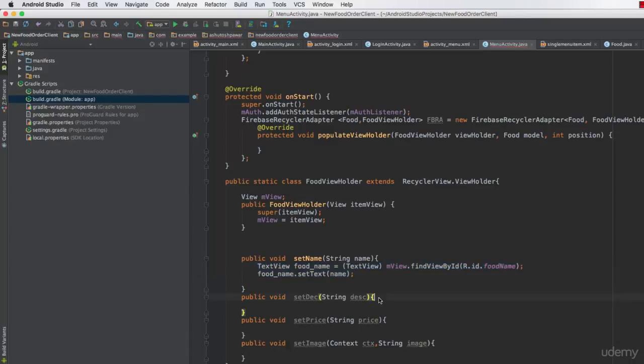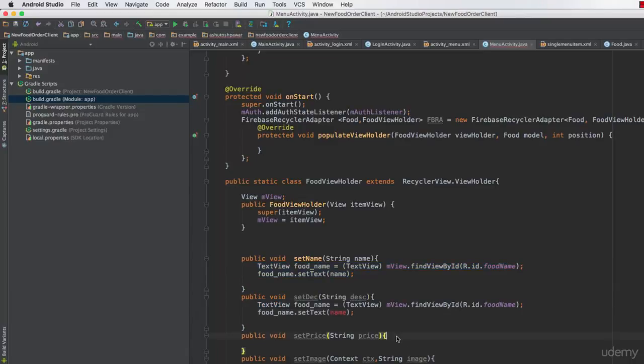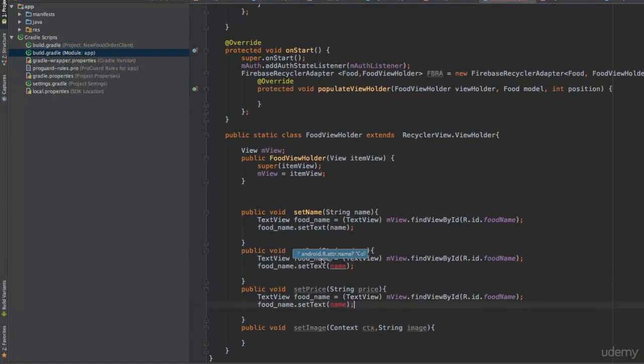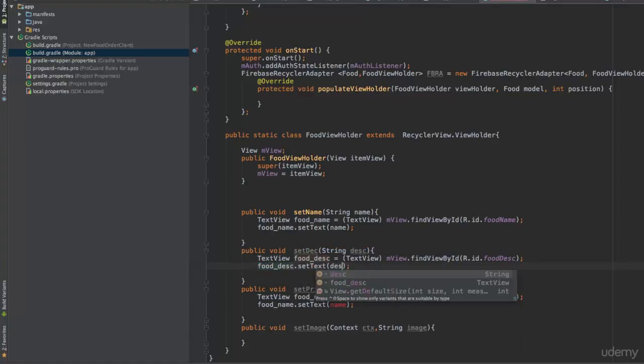So I'm going to copy this and paste it over here and over here. So we will change this food name to, let's say, food description, and this thing should have something like food description. So that should be food description over here. This should be changed to food description and change this to description. And this one is going to be equal to price,